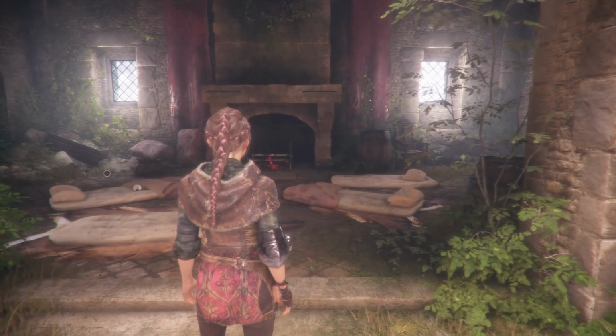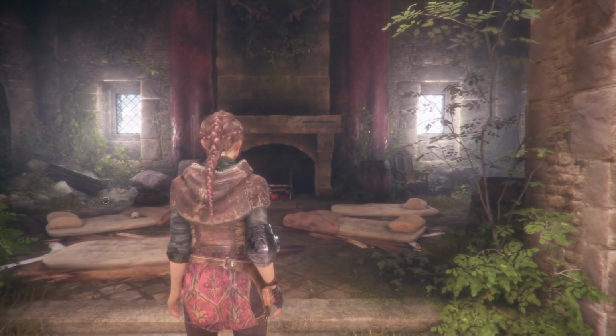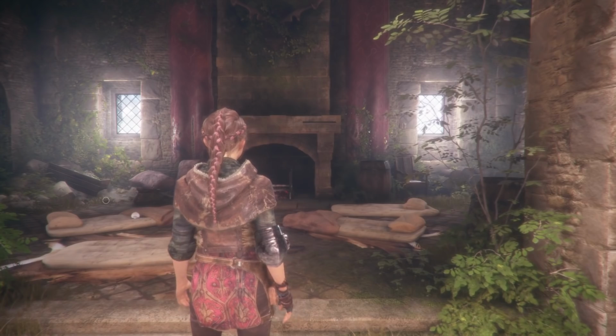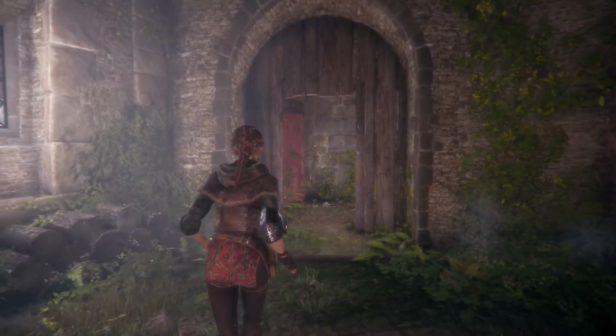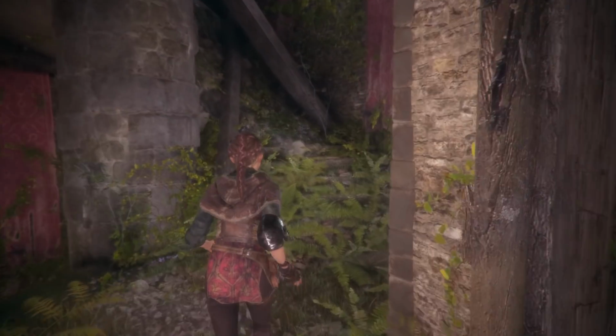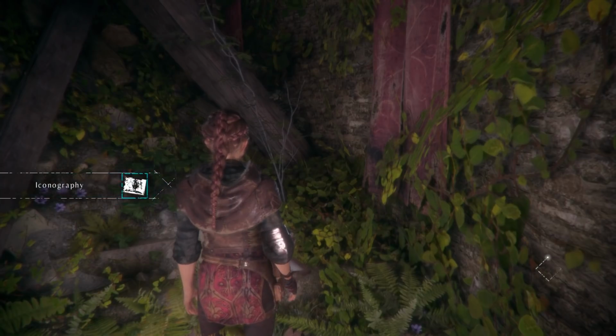Okay, so we are now on chapter 8. You're in your new home, so the area in front of you is your sleeping area. There are a couple of collectibles that are actually quite easy access. So looking at this sleeping area, take a right. This is the area where you would wake up at the beginning of the chapter. You want to go into this fallen down stairwell and you will find your first